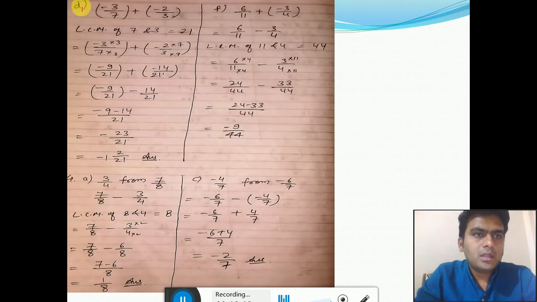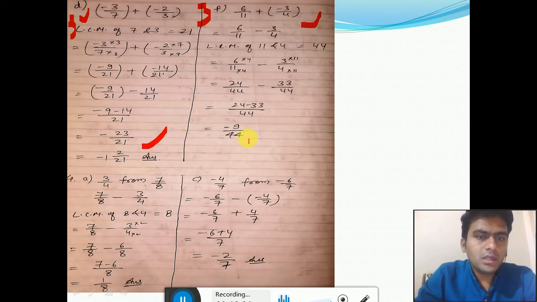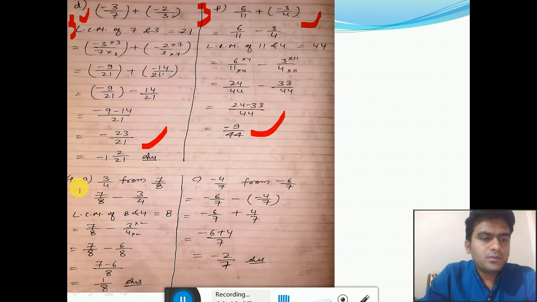So here I solved the 3D question. Oh sorry, this question is of 3D and 3F. So these questions you can also solve. Try to solve and find out the answers of 3D and 3F. Now this question 4A that I solved, the answer is 1 upon 8.